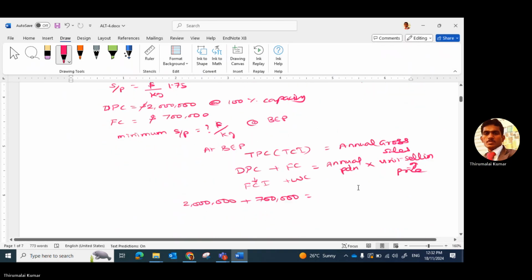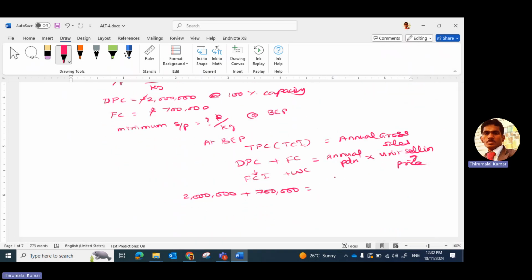Okay. So the annual production is 1,825,000 times the minimum selling price at break even point. So 2,700,000 is equal to 1,825,000 times X. So whenever you are calculating the minimum selling price, the X value,